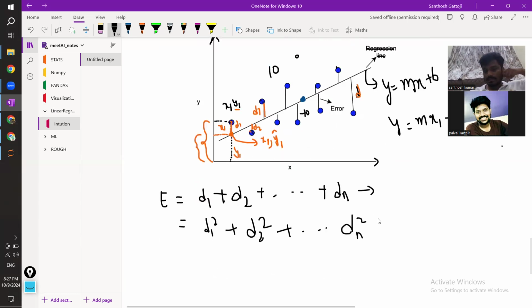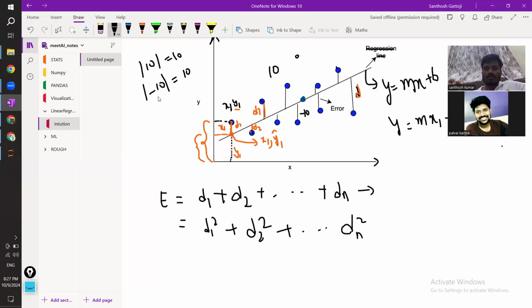Clear? But now you can ask, why only square? You can use mod also, because mod of 10 is equal to 10, and mod of minus 10 is also equal to 10. Do you know this mod sign? The modulus of positive or negative is also 10. So we can use this also. But the reason over here is,